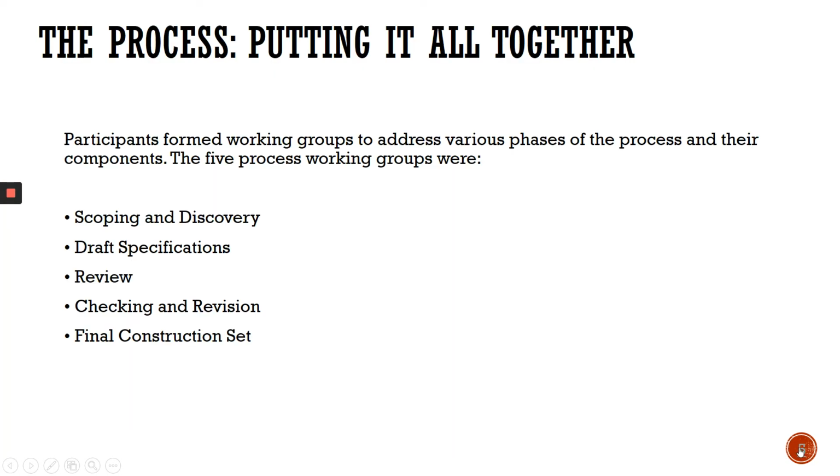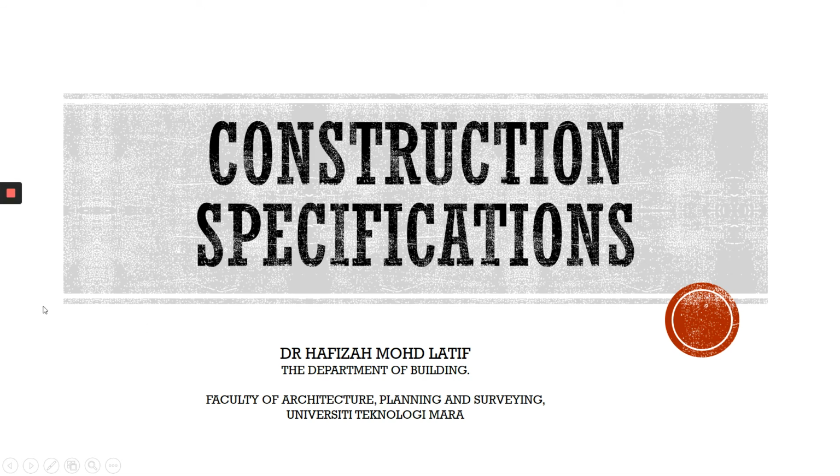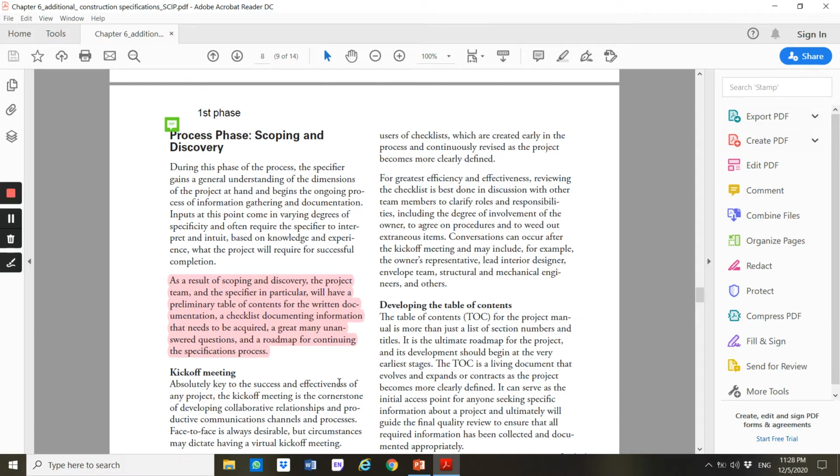Okay, let's look at the notes. Sorry, I don't know why the hyperlink doesn't work. Okay, so the 5 phases I showed you just now. The first phase is scoping and discovery. Scoping and discovery means you make the specification more focused. You focus on the thing, you are very clear, very definite. Okay, I want to use this. Pink is pink. But pink also has many kinds. There is light pink, baby pink, blush pink. So which type of pink? So you have to scope and then you have to make discovery.